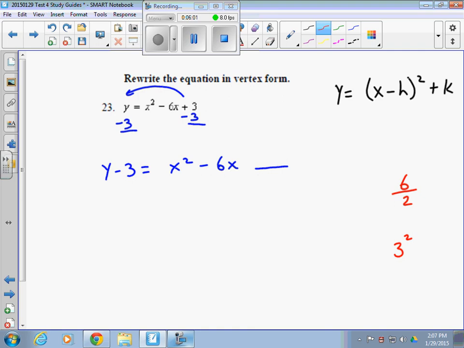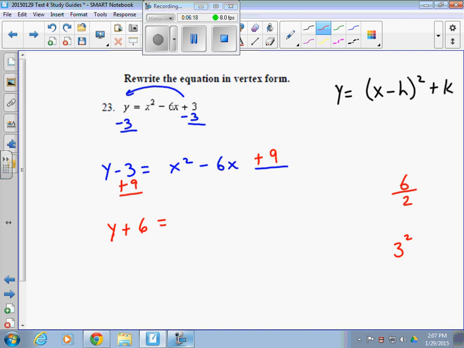If you square negative 3, you would still get 9. So that's what I mean. It doesn't matter when you square it. So we get a positive 9 as our new c value. Add 9 to the other side. You can't add it to one without adding it to the other. What that gives you is y plus 6, when you put those two together, equals